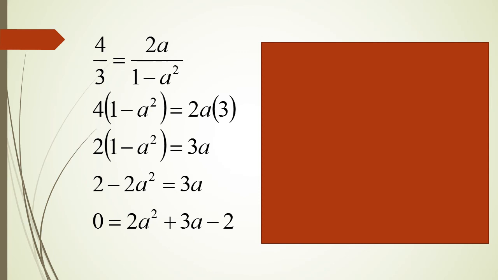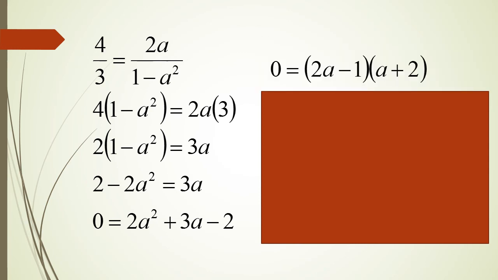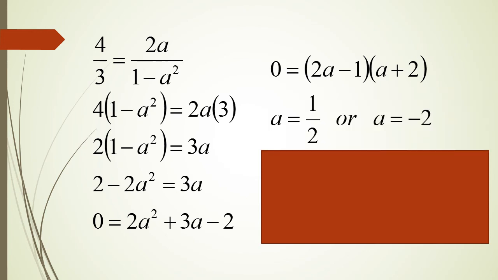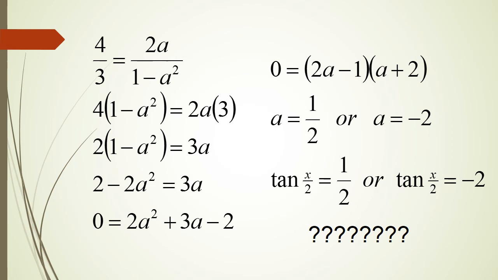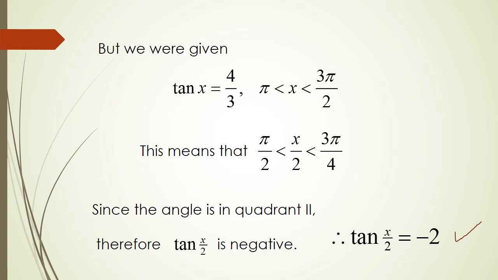Once you have everything on one side, you can factor, and you have the 2 factors, so you set each factor equal to 0. But that's kind of weird. How do you end up with 2 different answers? We have to figure out if the answer is a half or if the answer is -2. So going back to the quadrant, if x is between pi and 3 pi over 2, then half x is between pi over 2 and 3 pi over 4. That means the angle's in quadrant 2, and if the angle's in quadrant 2, tangent is negative. So final answer, tan of x over 2